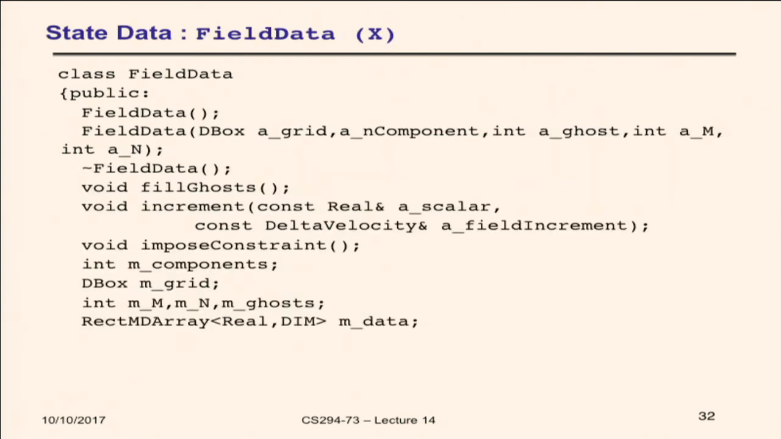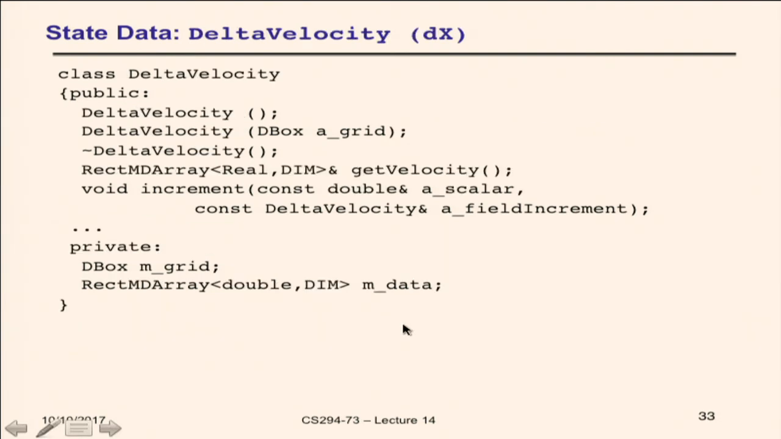Here's what the field data x class, the state class, looks like for incompressible flow. You have to have certain member data. Some of the member data is things that are not required for the programming by contract. It's fill ghosts. You have to have increment. Imposed constraint is that final projection I was talking about. And then you have member data: components, mgrid, and then the dimensions of the grid. And of course, a rectMD array. Here's the